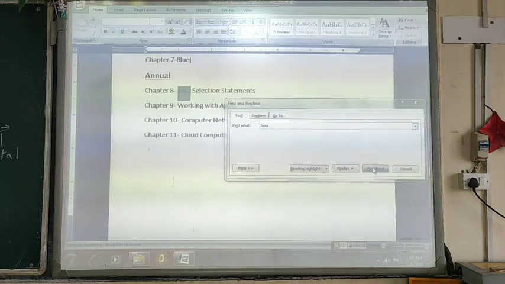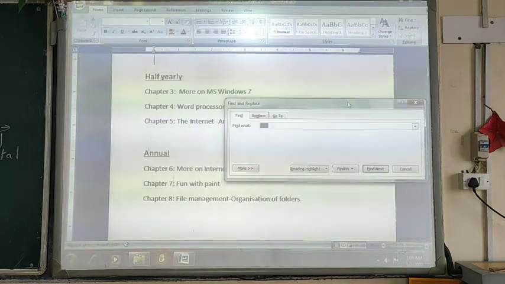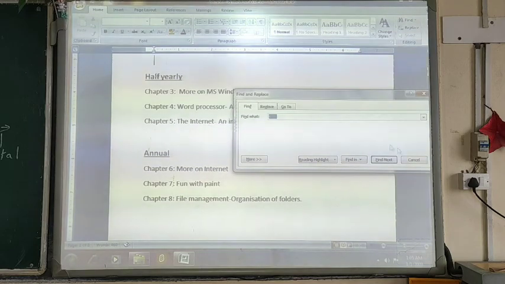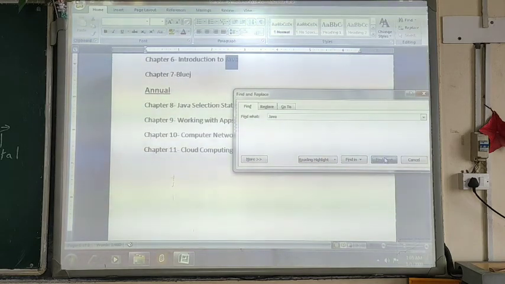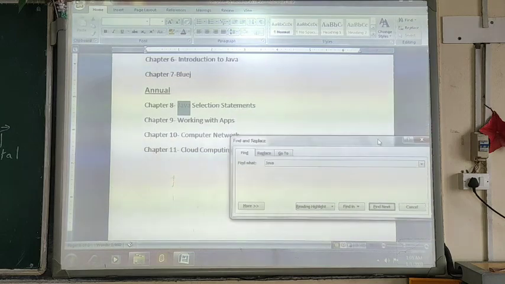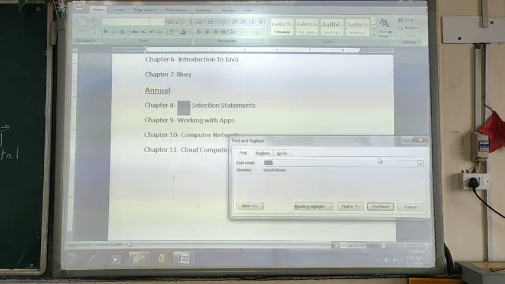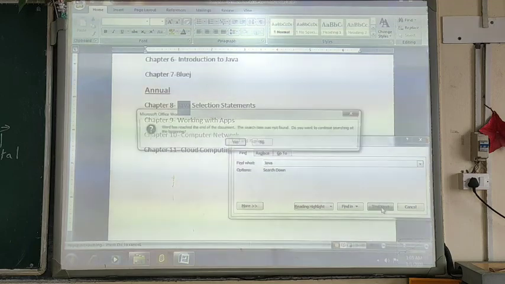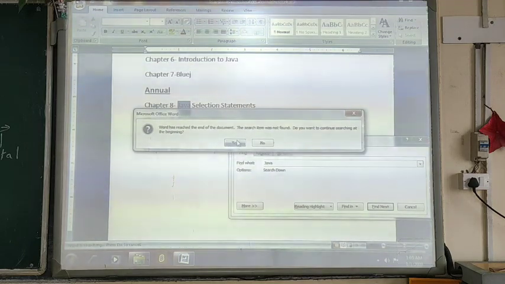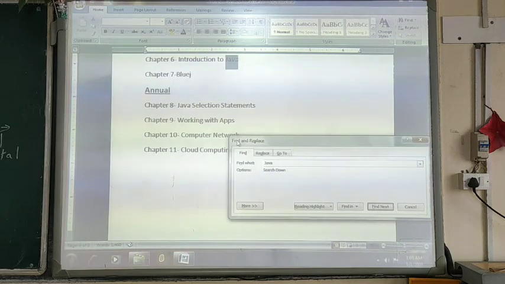If I select again, you can see it shows the two occurrences of the particular word. Now you can see this is the first instance in the document where the word Java appears. Now if I click on find next, it appears here.